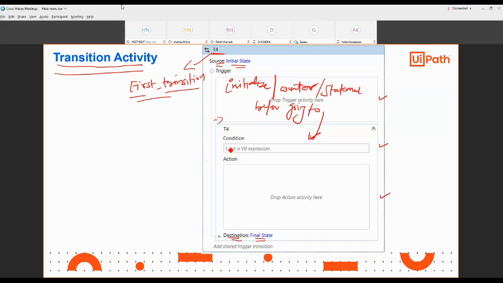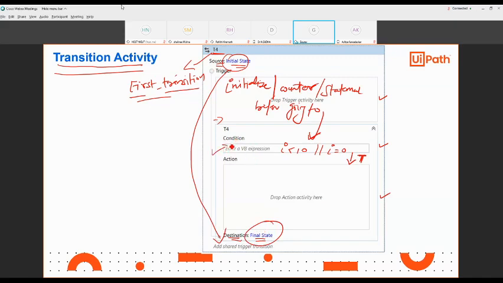Here you can simply mention a condition, could be anything, i less than 10, or maybe i equal to 0, any condition. If it is true, it will go to the action part, and it will allow the state to jump to the destination state, the final state.